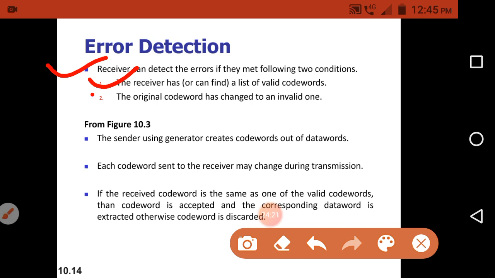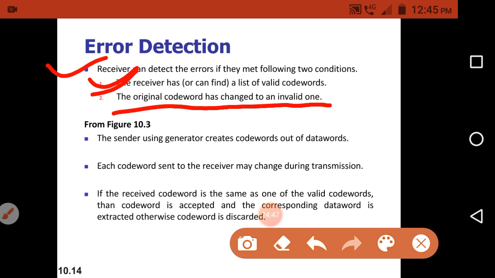And the second one is that the original code word has changed to an invalid one. That condition is necessary. If the original code word is not corrupted, then the receiver cannot detect the errors. So that's why the original code word must be changed to an invalid one. So these are the two conditions.